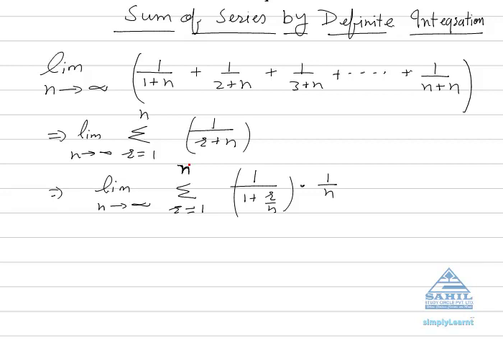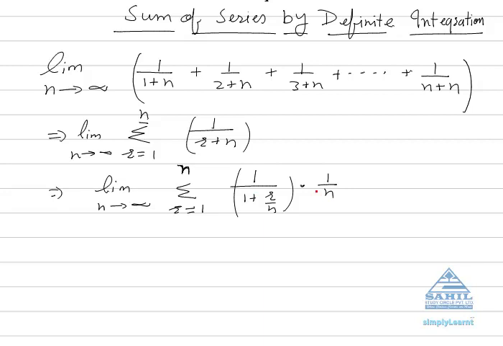Limit n tending to infinity of 1 upon 1 plus n plus 1 upon 2 plus n, up till 1 upon n plus n. Now I can write this in a general format: limit n tending to infinity, sigma of r equals 1 to n, 1 upon r plus n. If I put the values 1, 2, 3, 4, you will get the same series that we have. Now what we have to do in this case is take 1 upon n